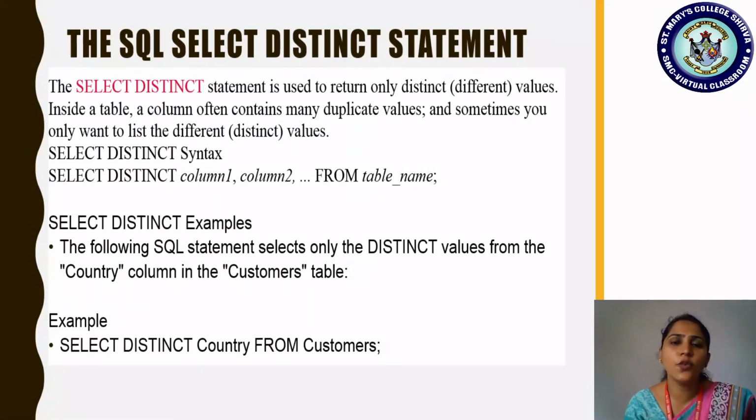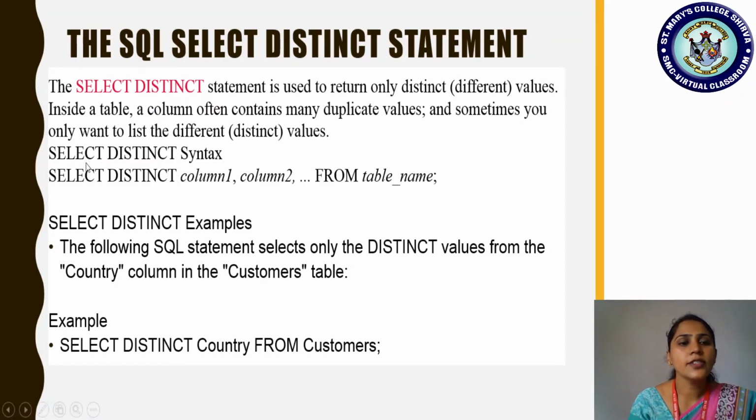Are you all understanding? So if you want to view which different countries the customers are from, and you display only the country column, and Mexico is repeated twice, it looks odd. If it has to be displayed only once, then we can make use of which one? The DISTINCT keyword along with the SELECT statement, so that it avoids duplicate values. Okay, so let us understand it with the example written here.